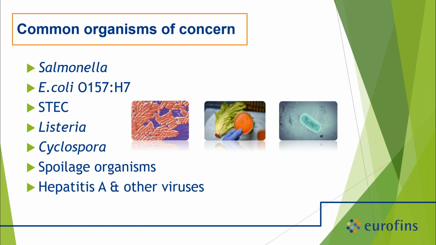Here are some common organisms of concern when we're thinking about microbial risk. Most of them are pathogens, but I do want to highlight, especially in produce industries, that spoilage organisms can be just as detrimental in terms of meeting your shelf life and making sure you have happy customers. If anyone has bought some fresh cut fruit or veg and opened it up and smelt something less than favorable, it's just as detrimental if you're not controlling spoilage organisms in your environment as it is to think about some of the pathogens.